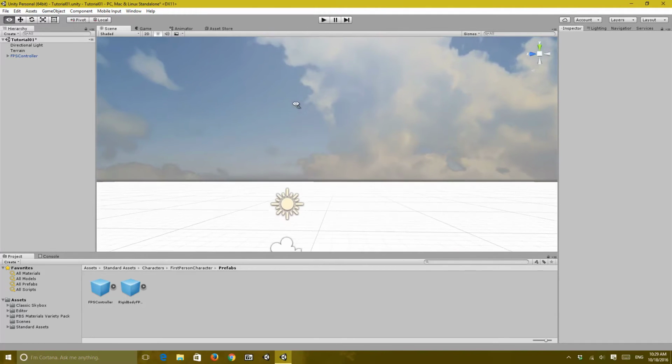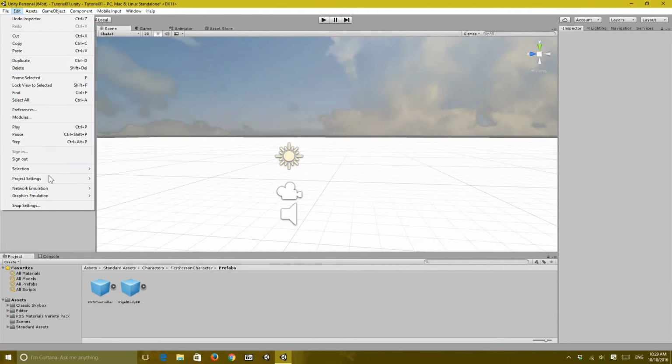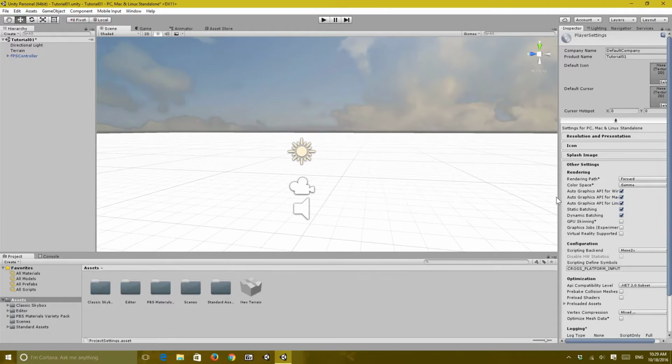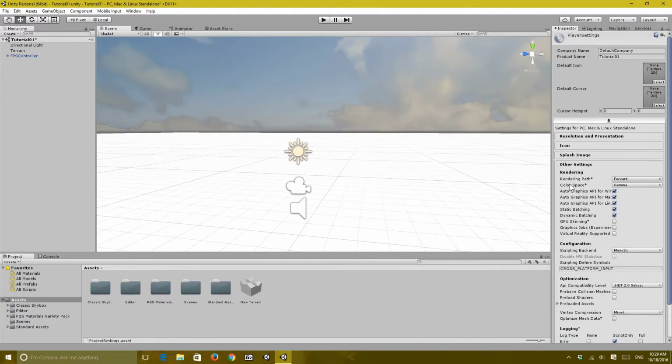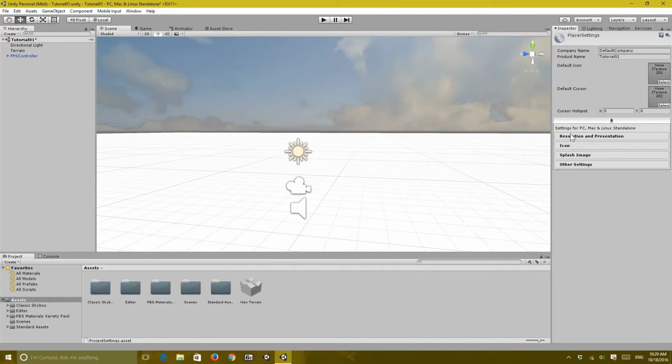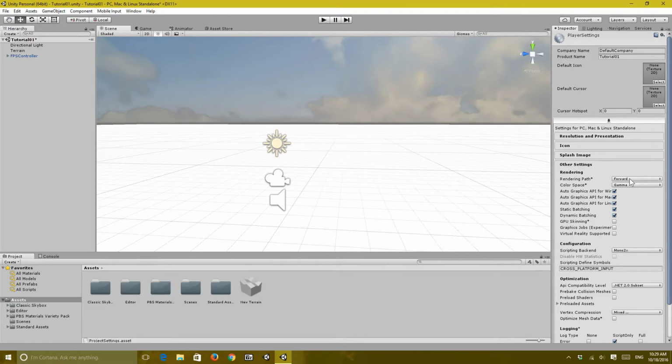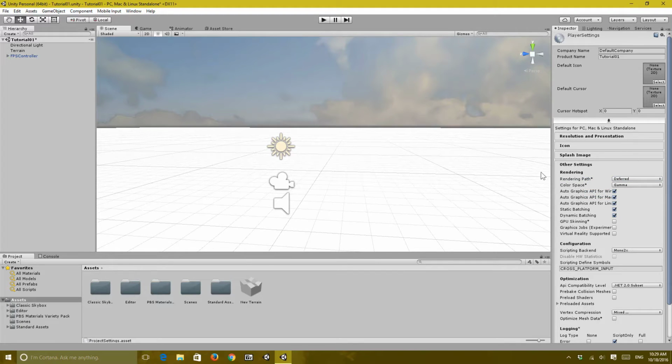So moving on, I'm gonna go to the project settings, player. So edit, project settings, and player. We're gonna change the rendering path and the color space. You'll probably have it looking like this. So you need to go to the other settings, and then you can change your rendering path and color space. I'm gonna change my rendering path from forward to deferred rendering, and I'm gonna change the color space from